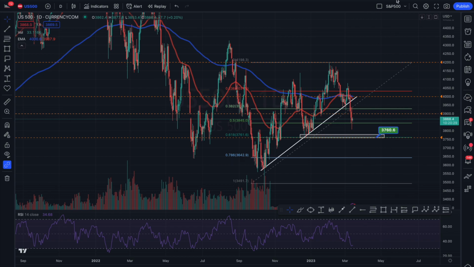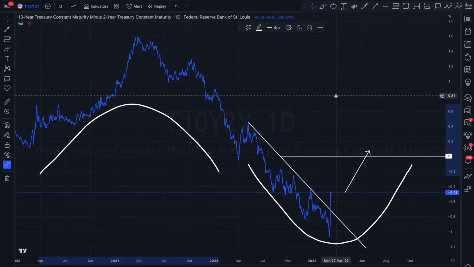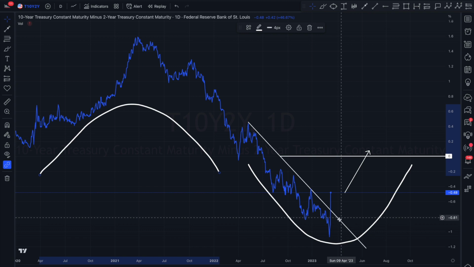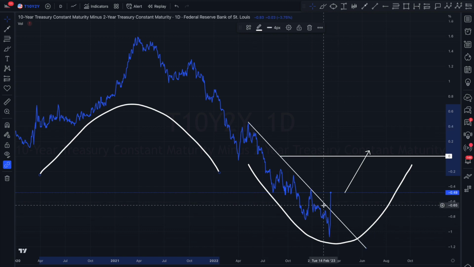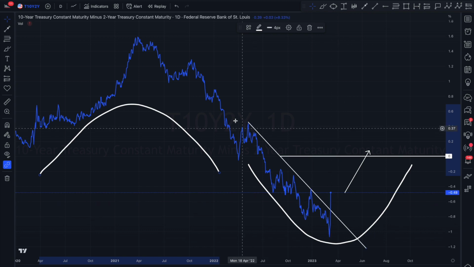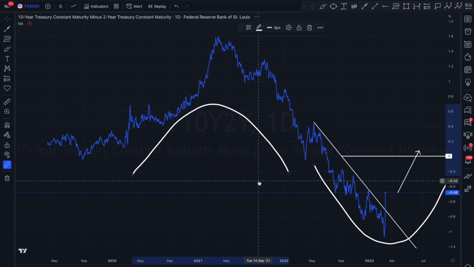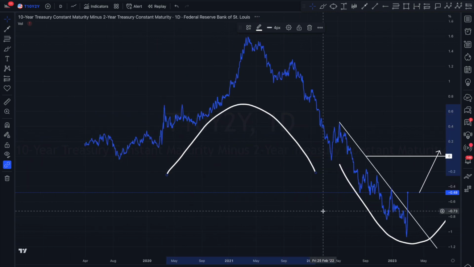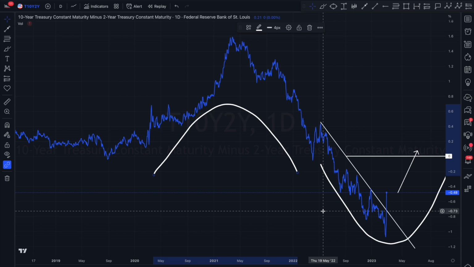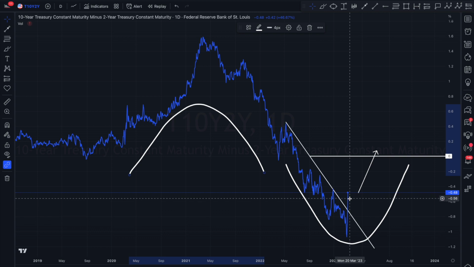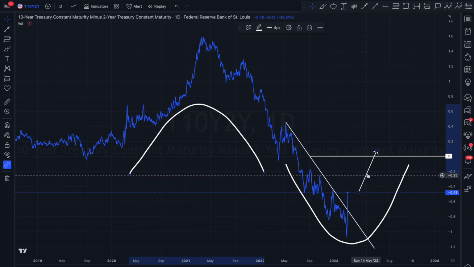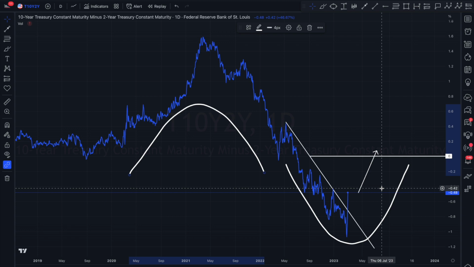What's also interesting, I want to draw your attention to this chart here. This is a spread between the 10 and the 2 year. Yesterday, we have seen a snap of this downtrend that we've been trading in pretty much since the start of 2022. Of course, this was an inverted yield curve, and this typically indicates that we're going to enter into a recession. Now, what happened yesterday is that we've broken out of this downtrend, and if we continue this momentum towards the upside and go back above zero, which is only just up here, that then, of course, forms an uninversion